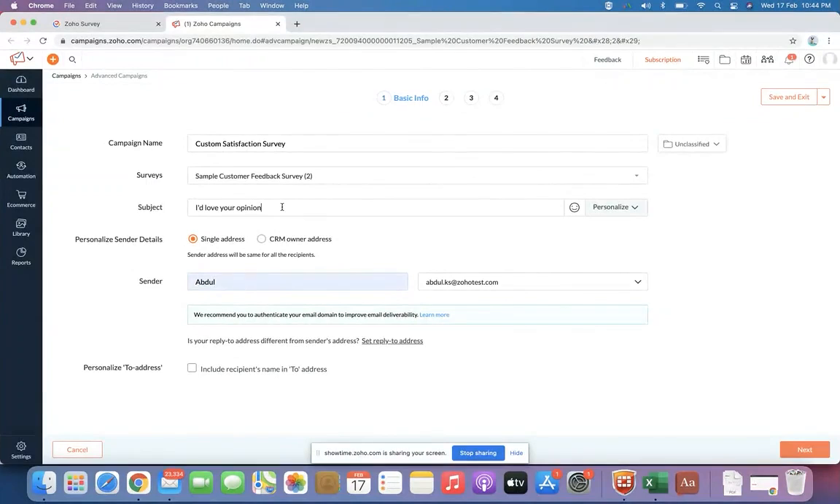And if you want to personalize the email subject with the recipient's name, you can also personalize it by clicking on the personalized dropdown, and you can include the contact's first name. And you can click on the next button over here, where you will get into the templates option,